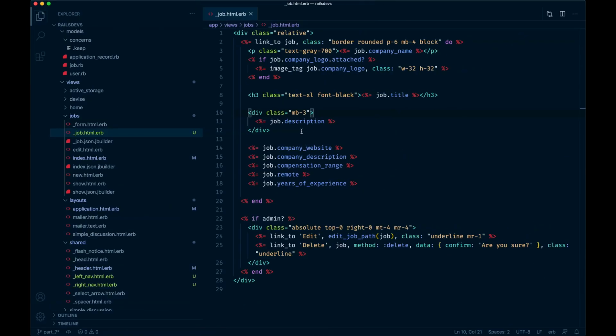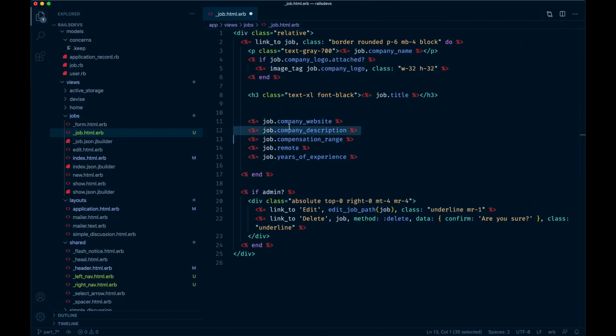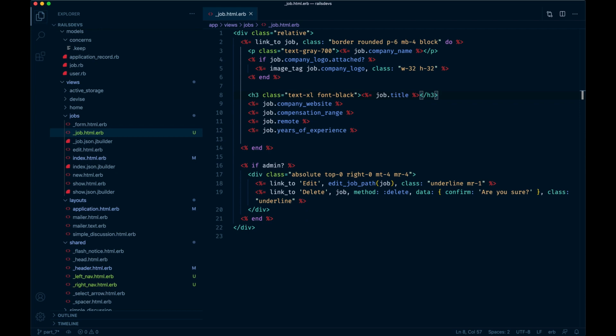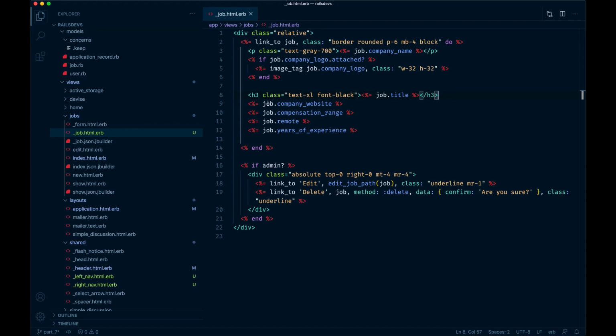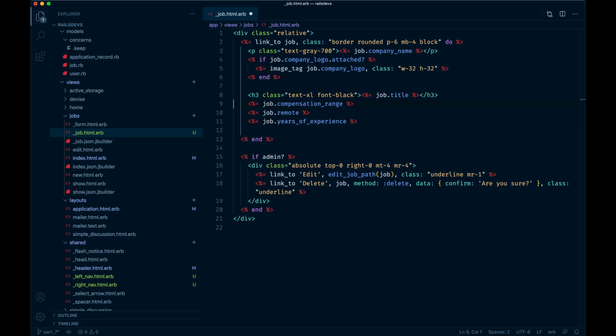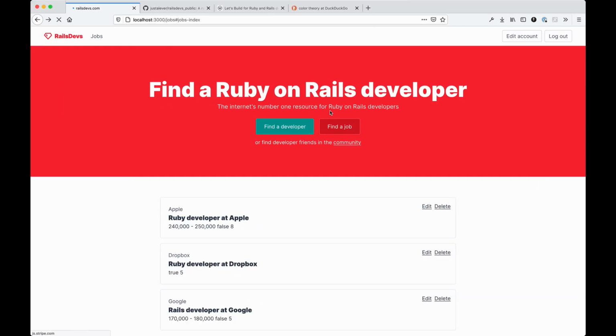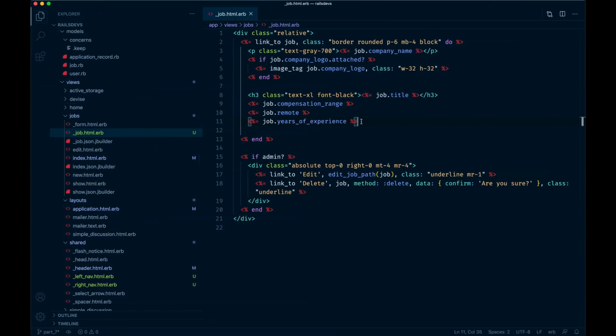And honestly, we probably don't need the description here, nor the company description. The website, do we need it there? Maybe we'll link the company name to the website. So we've got it up here. If we just do a link to, actually no, we're already within a link, so we don't need that after all. We'll do that for the show view. Conversation range is pretty important. If it's a remote, it's pretty important. And user experience, that should be something there. Yeah, I think that's essentially what we would need to cover. If we have estimated hours, I think is another one. If we go down the job,